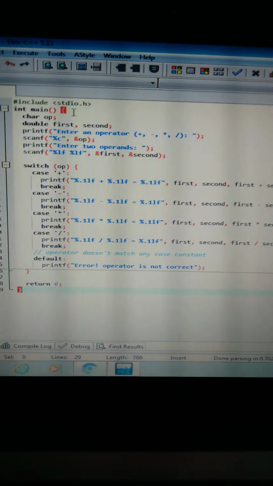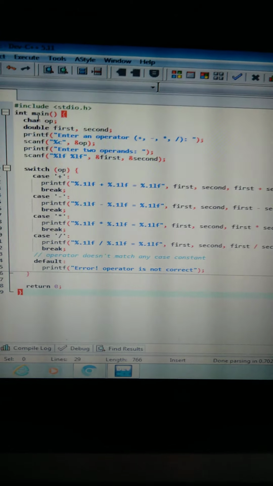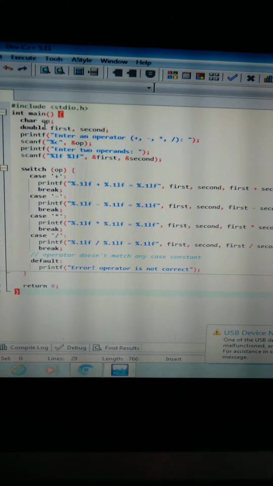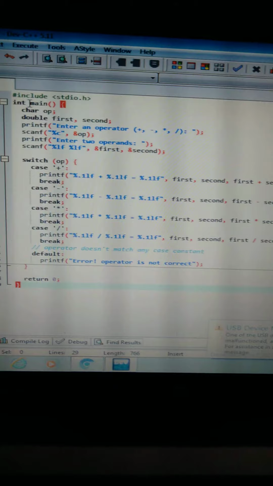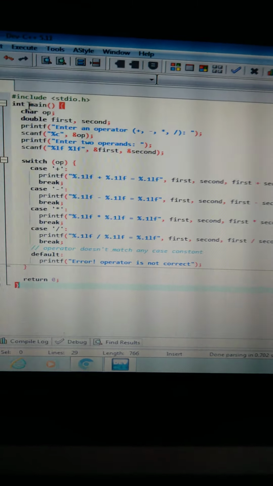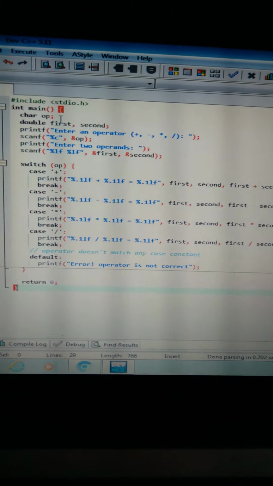Then every program, however long or short it may be, should have a main part for performing the calculations or executing the program. So here the main part of the program begins.